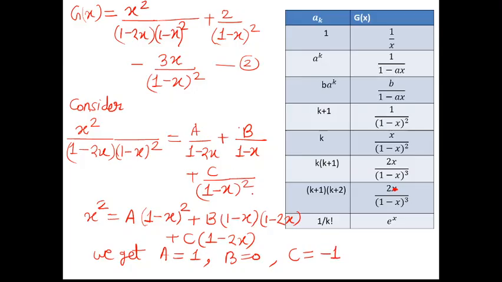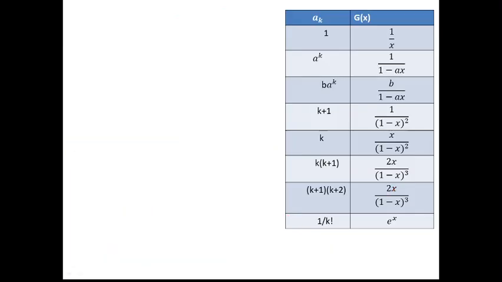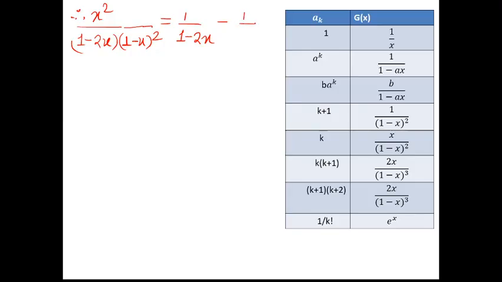Substituting this in this equation, therefore x square upon 1 minus 2x into 1 minus x whole square is nothing but equal to 1 upon 1 minus 2x minus 1 upon 1 minus x whole square. Using this in equation 2, so 2 implies